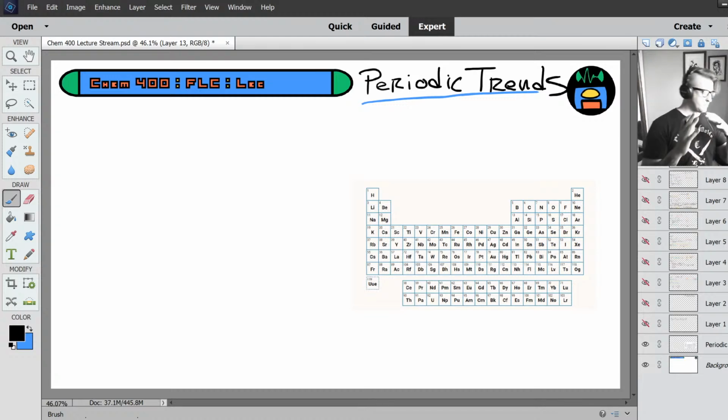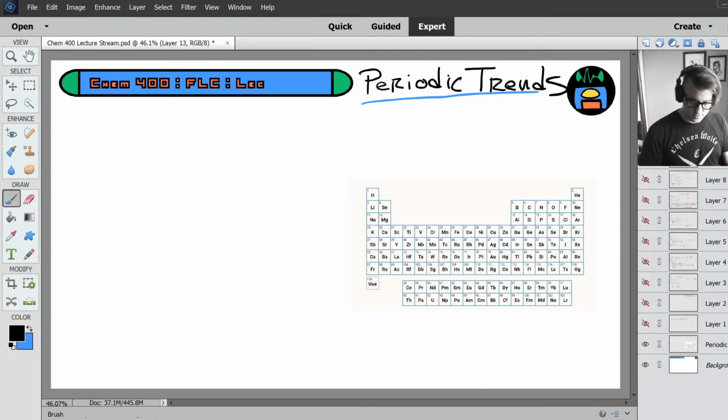So, periodic trends is a general, overarching category. There are certain properties of elements that change and form a trend as you move throughout the periodic table, right? Moving right to left, some of these properties get more pronounced, stronger or weaker as you move top to bottom, bottom to top. The properties change in a regular, predictable fashion, and so that's why they're called trends across the periodic table. And we're going to look at a handful of them right now.